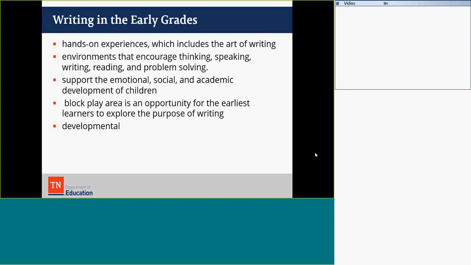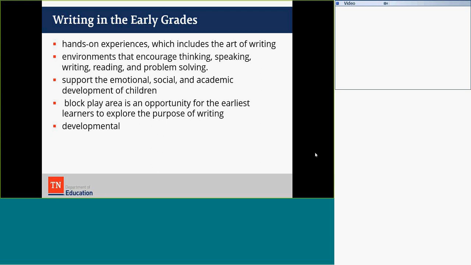So what is writing in the early grades? Writing in the early grades, when we speak of that in the portfolio, is not a direct instruction of writing in pre-K. It's absolutely developmental and built into print-rich classrooms. So we know that our earliest learners respond to hands-on experiences, and that can include the art of writing. Our environments, when they encourage thinking, speaking, and writing, reading, and problem solving, in those environments, students